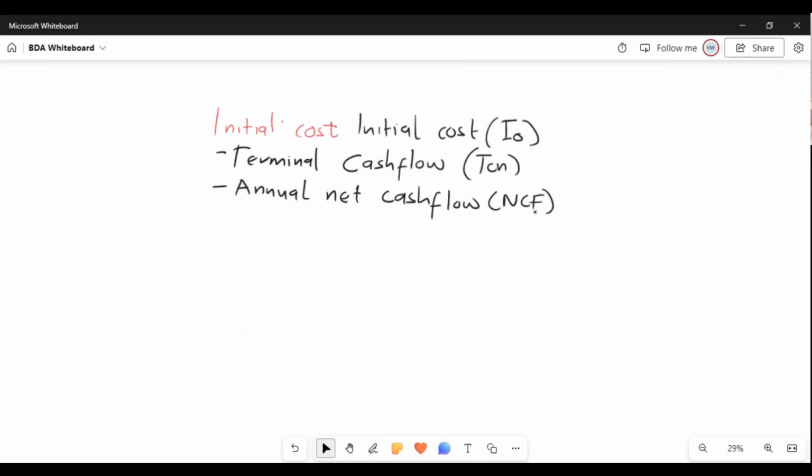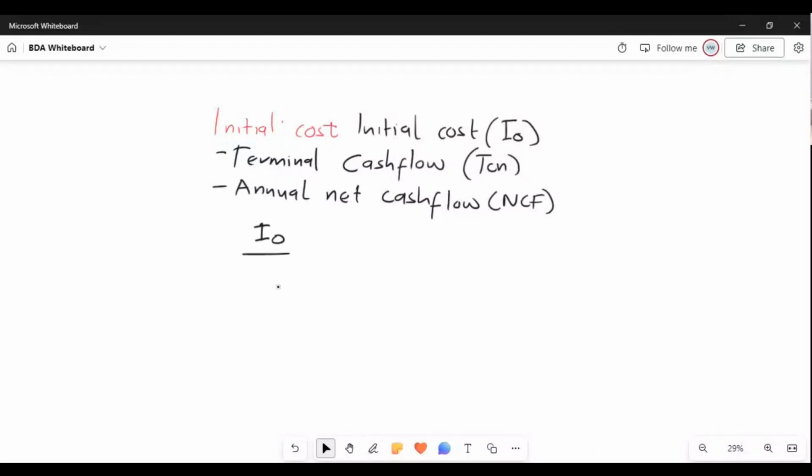So this is what we've been talking about in our financial management class, both in FM and advanced FM. But inside Excel, you may still be required to compute these NPVs, and in some instances you may not be given the cash flow. So you have to know that if you're not given the initial cost,